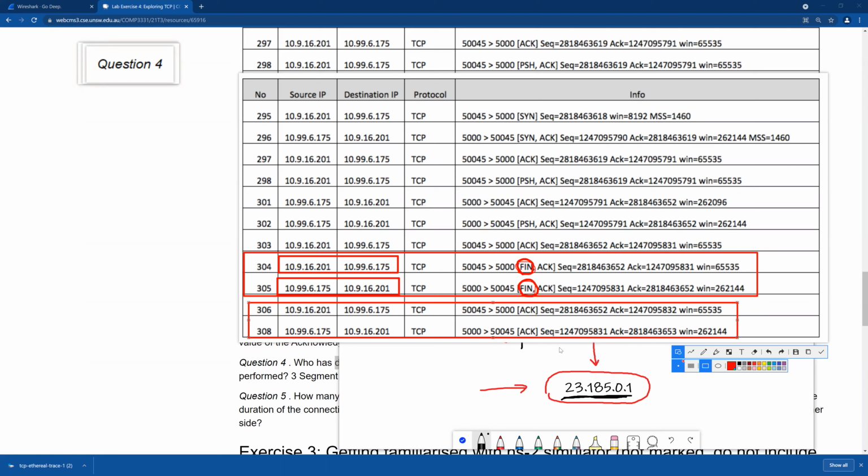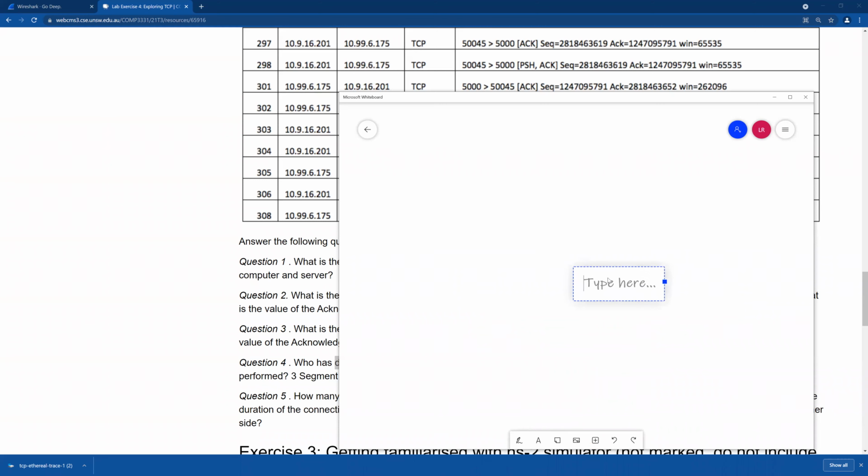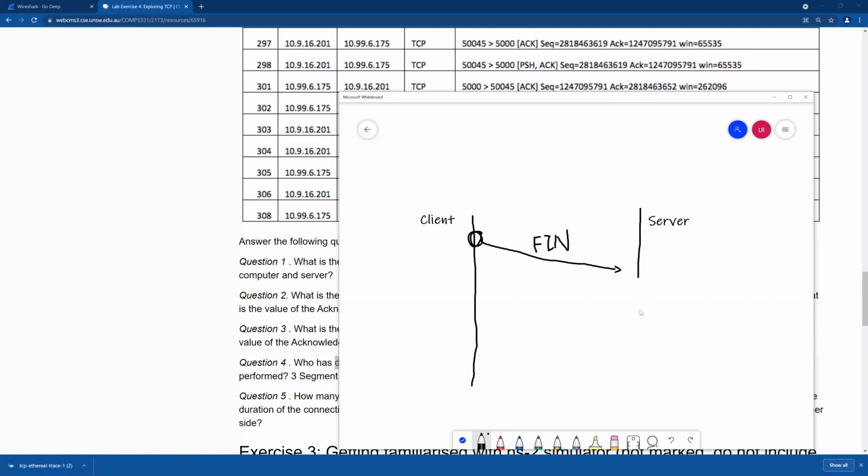The scenario should be like this. This one is the client. This one is the server. Yeah, like this. The client is sending a SYN to the server, and at the same time, or probably a little bit later, it also sends a SYN to the client,